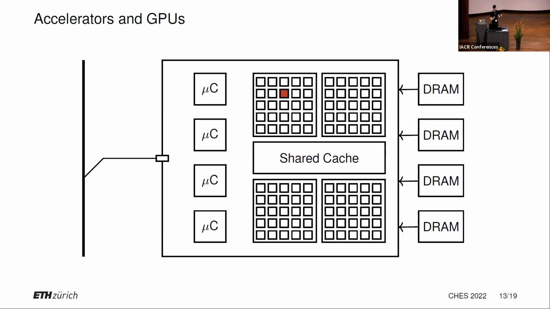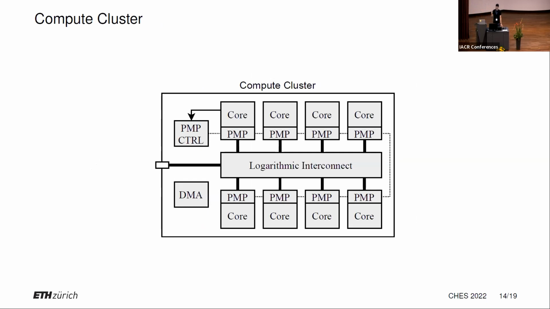This is the compute capability. Essentially, each of these small boxes we model as a few small cores that do some computation, and they have local memory and so on, and then they're connected. All of this is also a RISC-V based accelerator that we took, and then we extended it to add some PMP capabilities.